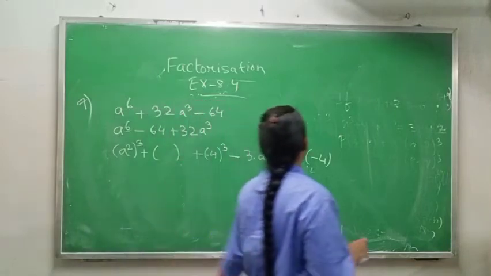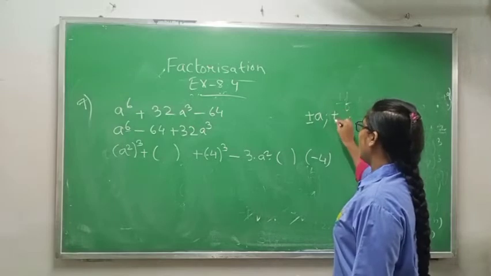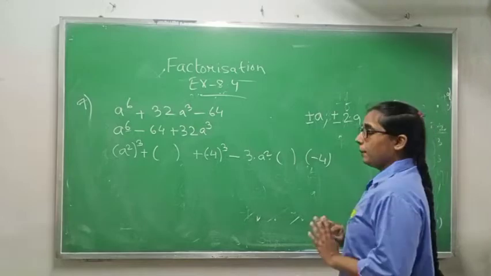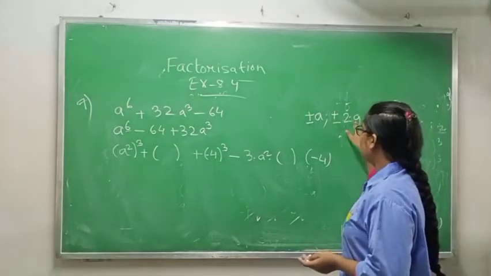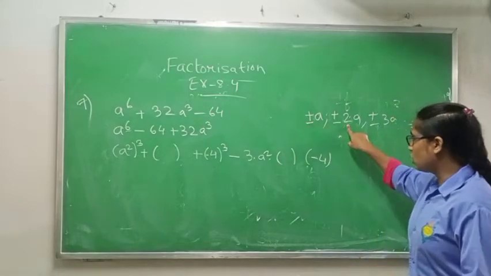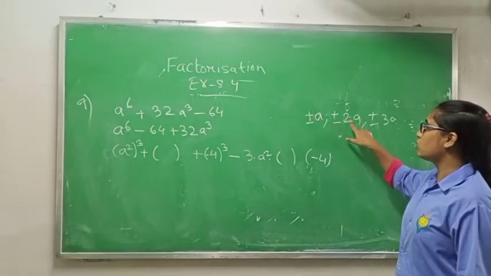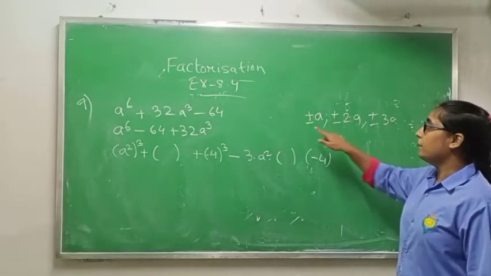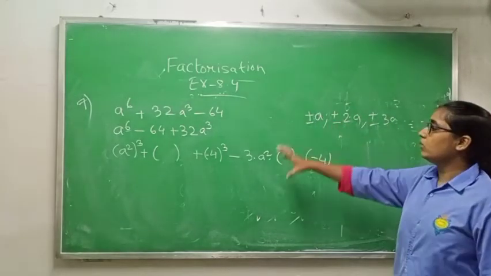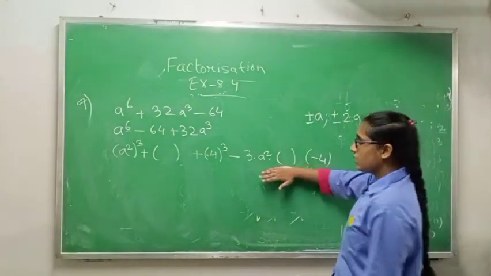Okay, now how will we do it? In this place, what can you put? There is one thing you can put, either plus minus a, or plus minus 2a, or plus minus 3a. Like this it will go on. Always you will put a, 1a, sometimes with 2, sometimes with 3, and the sign may be changed. Maybe plus a, plus 2a, or plus 3a you can put. Maybe minus a, minus 2a, or minus 3a. One by one you have to put, and you have to make it 32a cube by adding this one and this one.